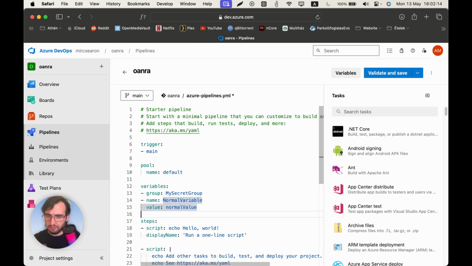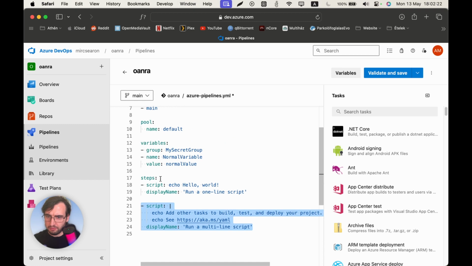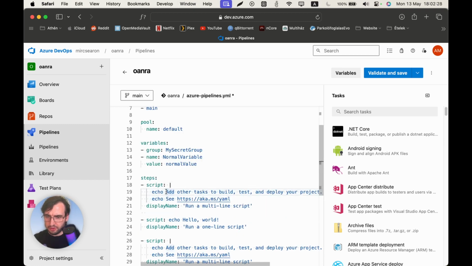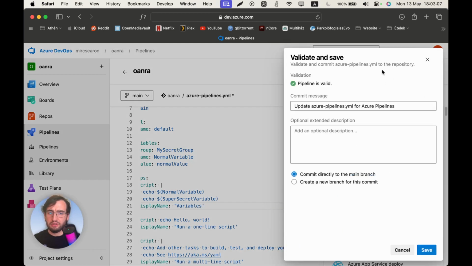To test it, we need to copy the multiple line script and first echo the normal variable, then echo the secret variable. So echo normal variable and then echo super secret variable, and let's just name this script variables. Then validate and save